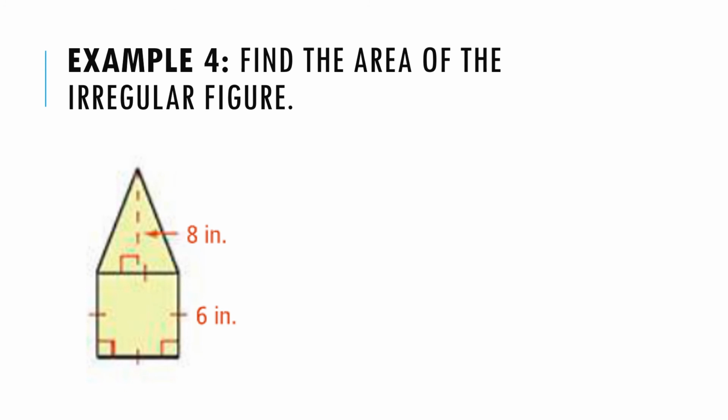Okay, so example 4 asks us to find the area of the irregular figure, and you might also see this written in your homework as a composite figure or something like that. Basically what you see here is this kind of square and triangle combo. So what I try to do most of the time is think, okay, I have a lot of formulas already. Can I split it into 2 shapes that I know for sure? Because we don't have a formula for this pentagon type of shape